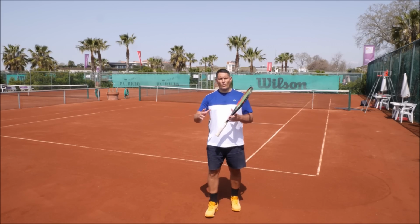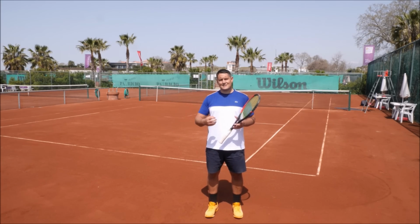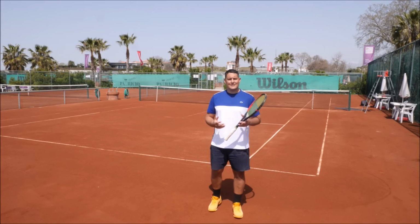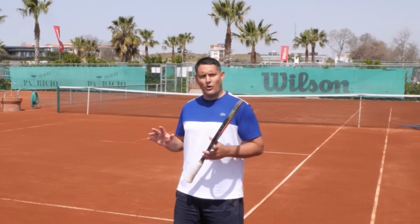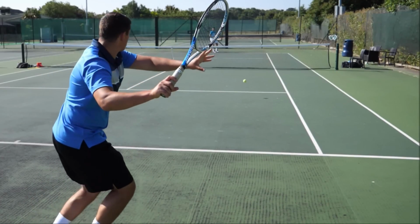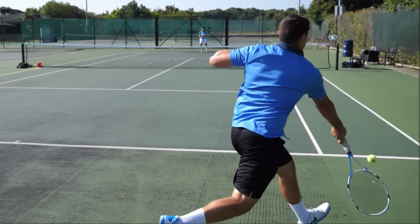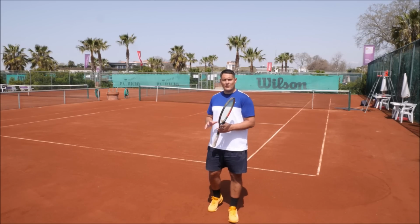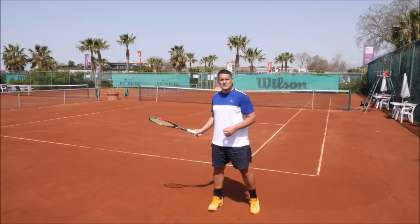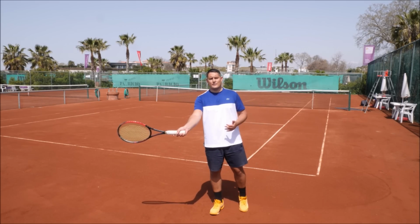So they don't just use one swing time and time again, because every single ball that comes at them is slightly different. There's different spins, there's different speeds. And it's important that we adapt to that oncoming ball with our backswing. So I don't want to use the same backswing on every single ball because yes, sometimes I'll be able to find that perfect contact point out in front,